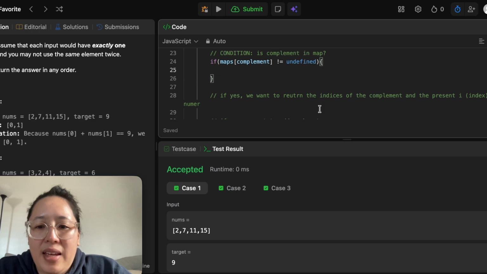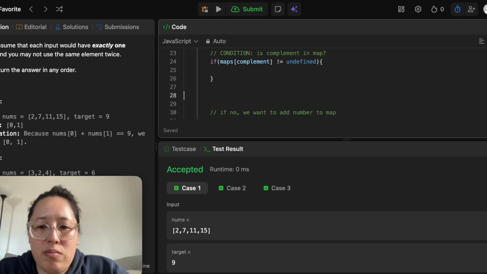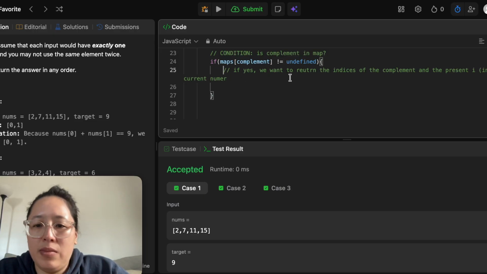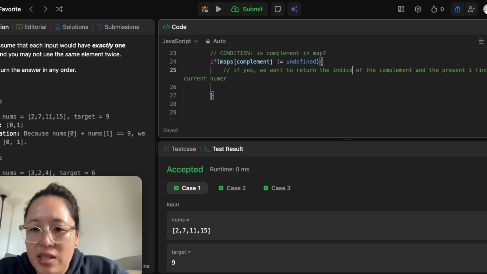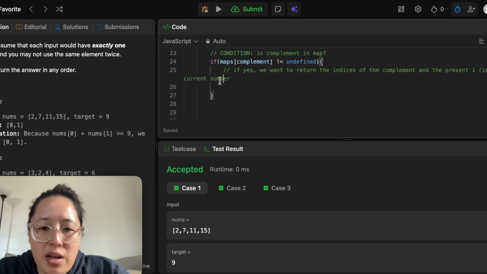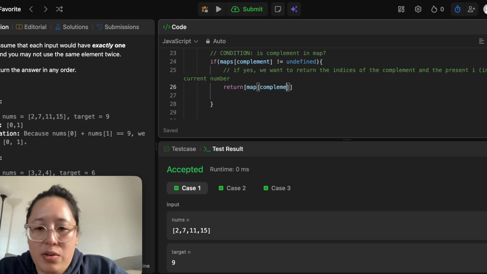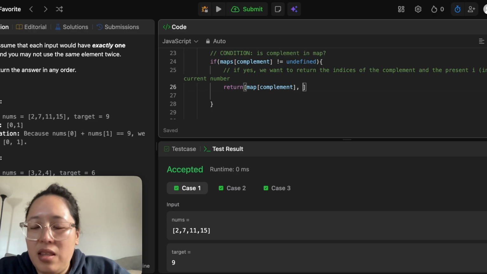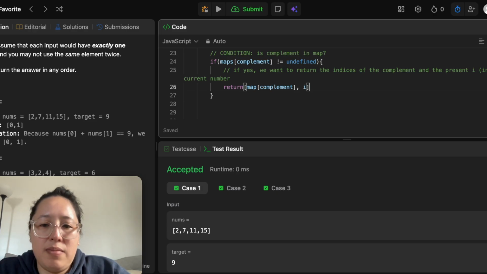So if yes, we want to return the indices of the complement and the present I. Okay, so return map complement will return the index of the complement and then the present I. Okay. And then if not,